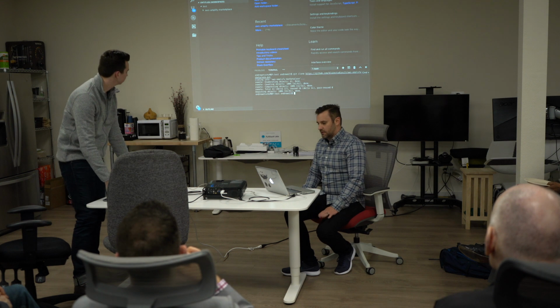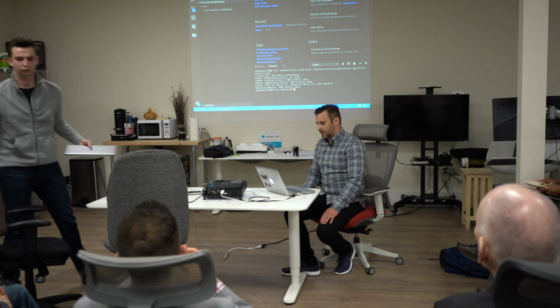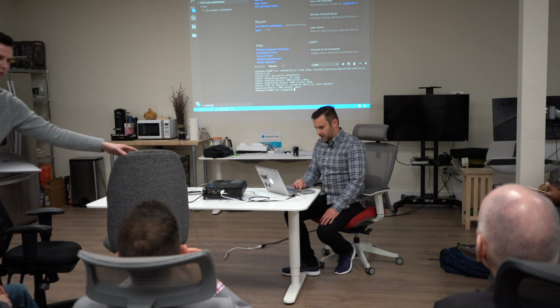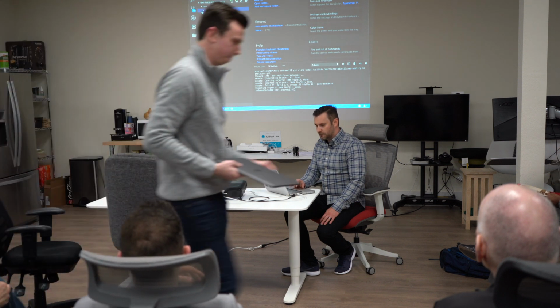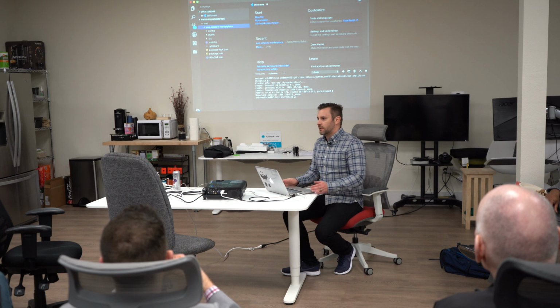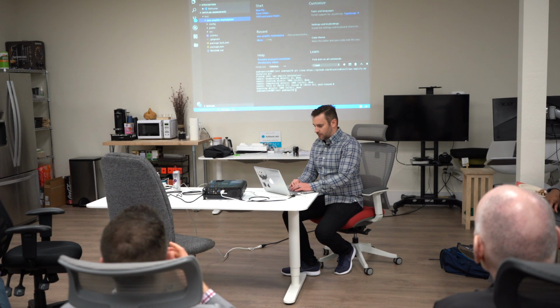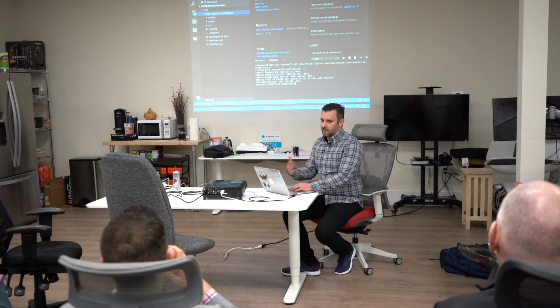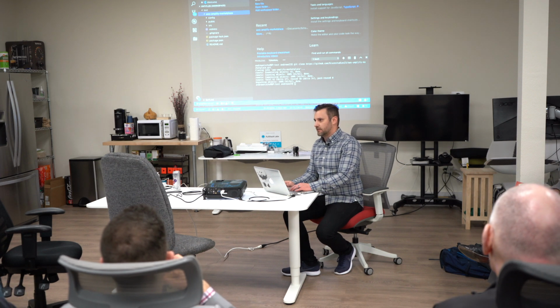All right, so what I've got here is, I basically have the same repo in two locations, so we can see how it works. I've got a completed version because I don't want to wait 20 minutes for this thing to build. So what I'm going to do is walk through the Amplify CLI, which allows you to connect directly to your